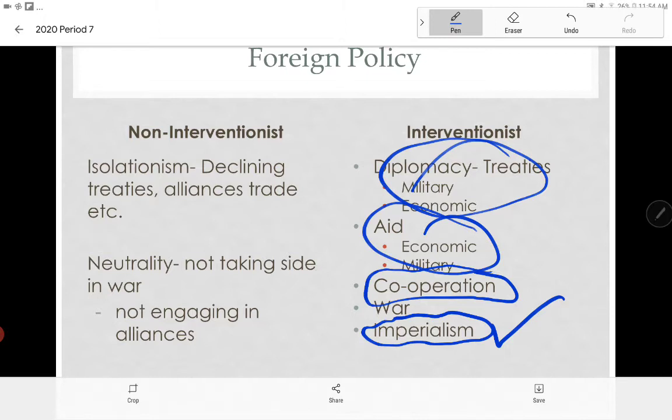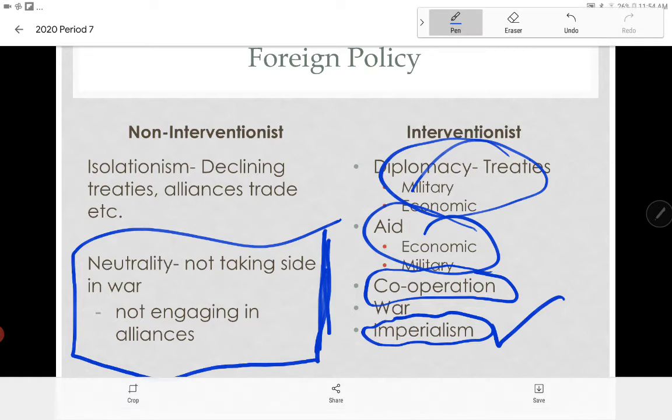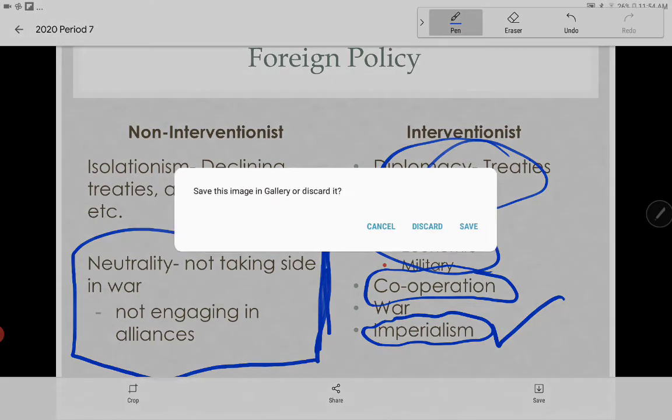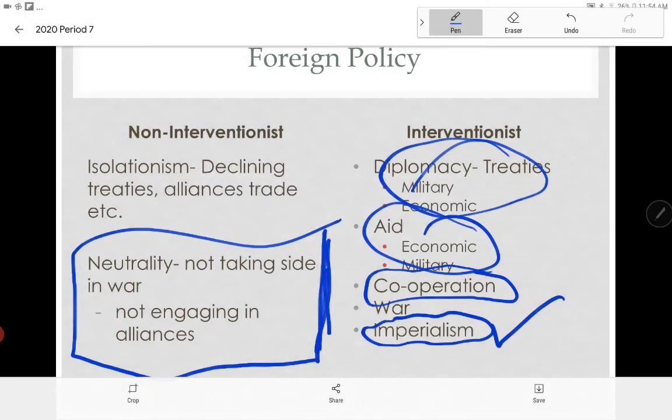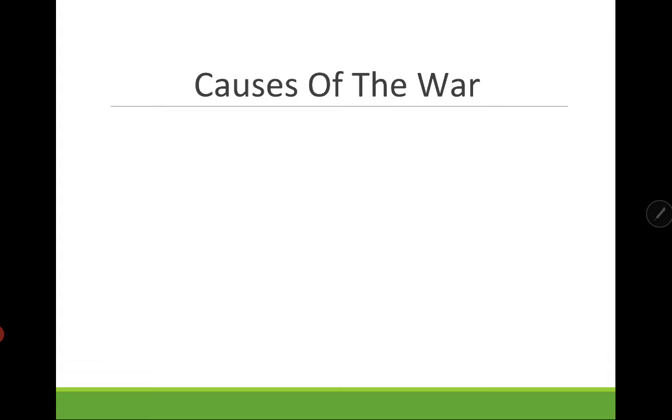So while we are trying to remain neutral, going all the way back to George Washington, we always say that we do not want to get involved in European affairs. This is a long-standing part of American foreign policy. We are increasingly, during the Gilded Age, getting involved with the rest of the world. So it's something to consider. So as we look at the causes of the war on a world scale,